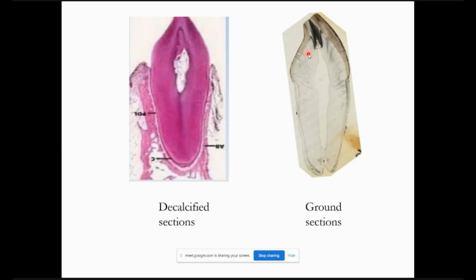But when you want to study the hard tissue like enamel and dentin in detail, you should not put it in acid. So the other way of studying it is by making ground sections. You just grind the teeth, either with a stone or with a hard tissue microtome. A microtome is a machine which cuts the tissue. You can use a hard tissue microtome to cut the tooth in very thin sections, because if you just put a tooth under the microscope, you won't see much. You will maybe just see some surface structures.